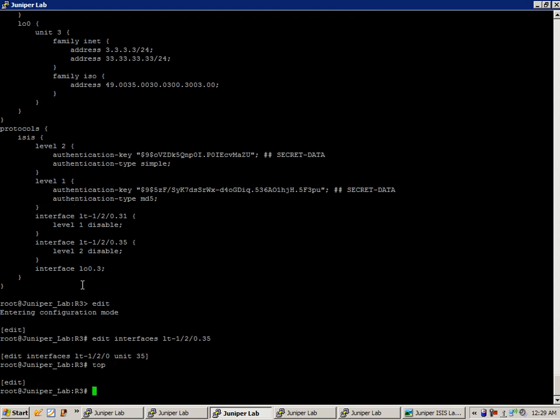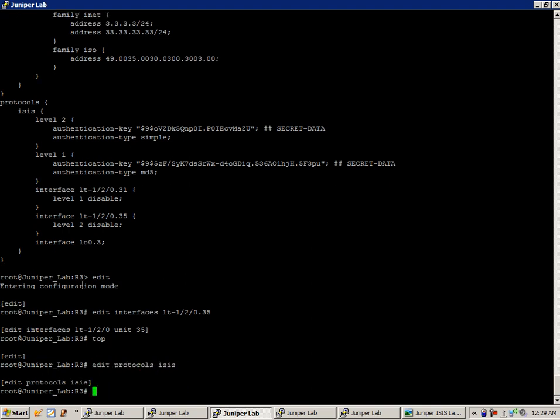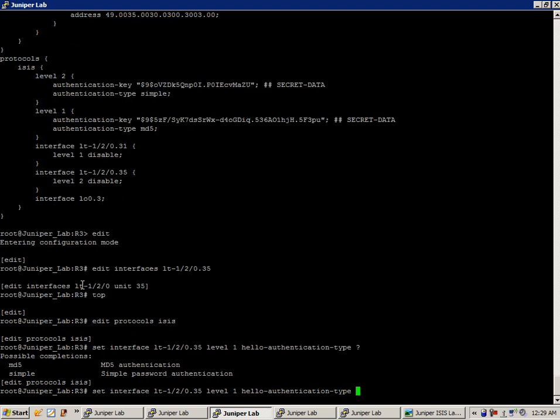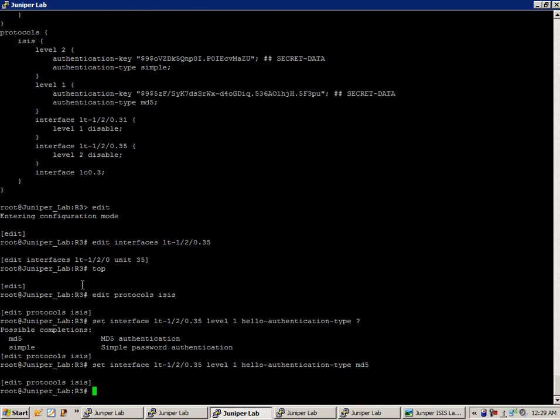We'll go under edit protocols IS-IS. Then we're going to do the command set interface LT120.35 level 1, and then we're going to do the command hello authentication type. If we do a space question mark, we're going to follow that up with MD5,